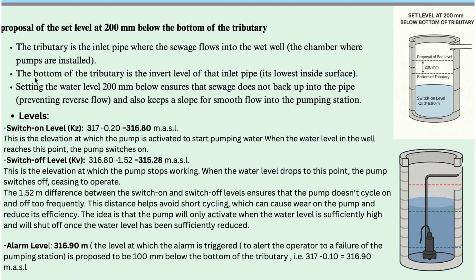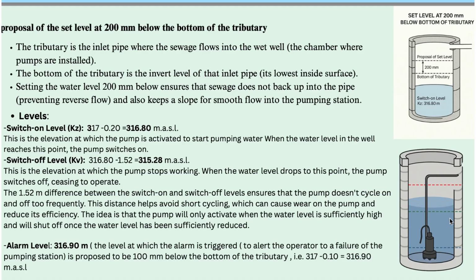So to calculate the switch on level, you will have to use 317 minus 0.20, which is this 200 millimeters, to get your switch on level. Then you will calculate your switch off level, which is right here. So it's 316 minus 1.52. The 1.52 here is the difference between the switch on and the switch off levels, which ensures that the pump